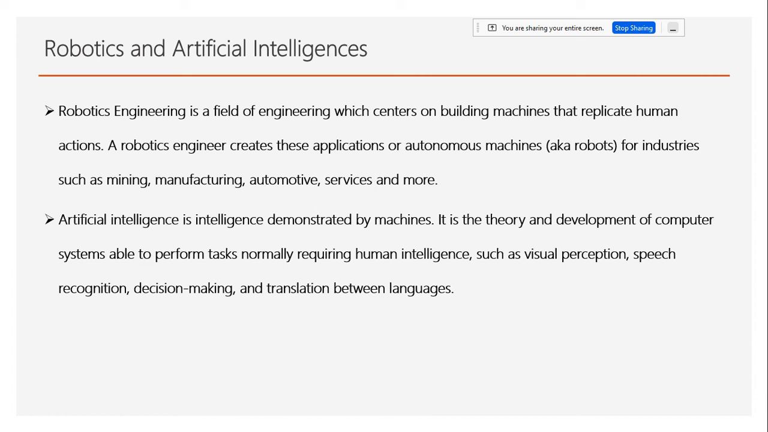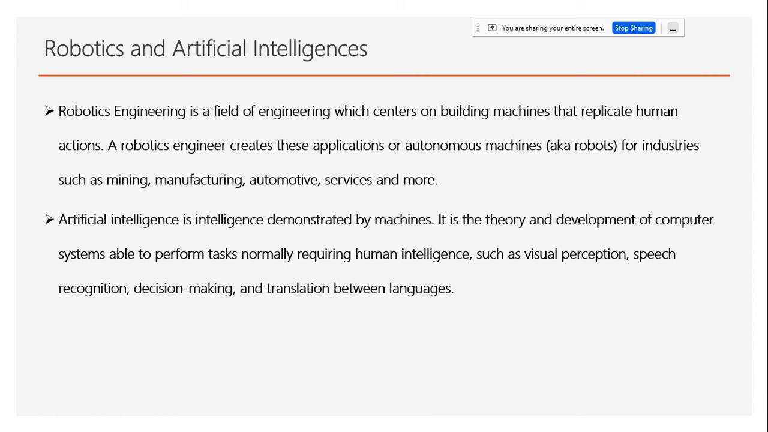So when we talk about robotic engineering, it's a field of engineering which centers on building machines that can replicate human actions. That means they will have to do the same thing that a human would do. So a robotic engineer will create these applications or autonomous machines for industries such as mining, manufacturing, automotive, service, and more. Whenever we talk about building machines that will do the same thing humans do, that is robotic engineering. Now artificial intelligence, on the other hand,